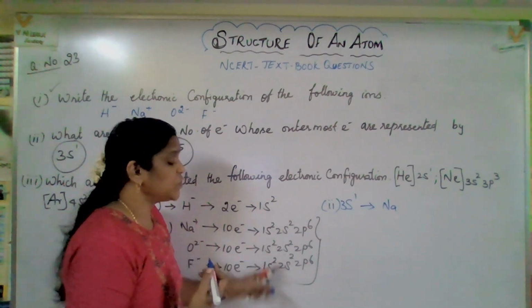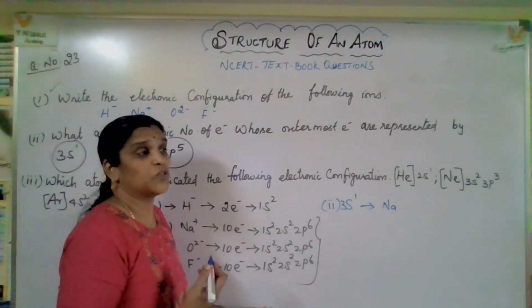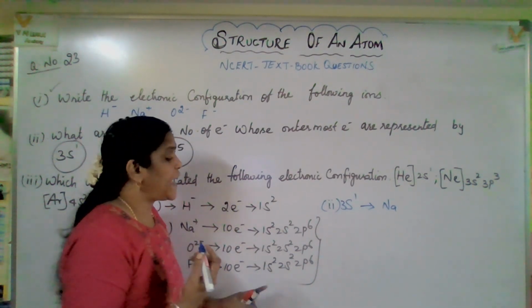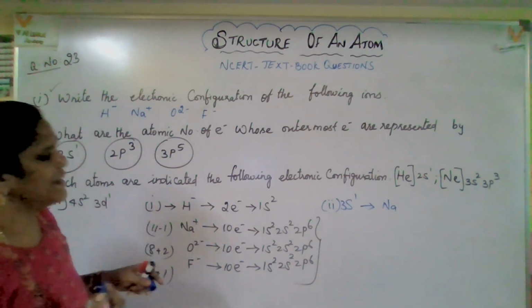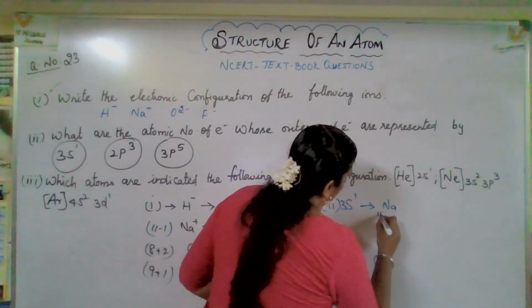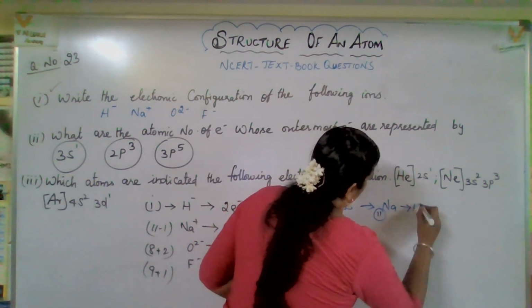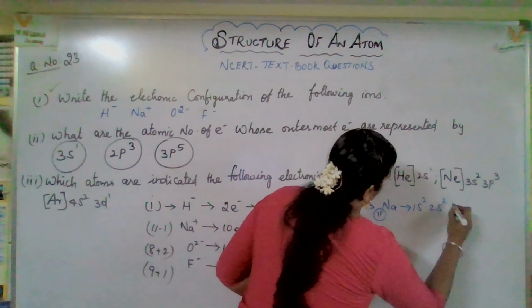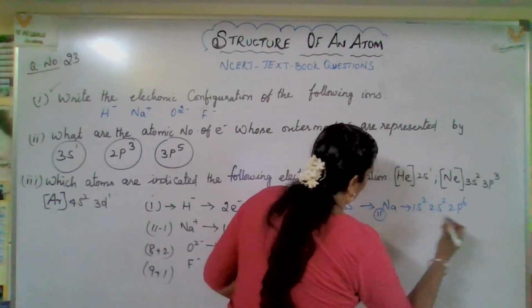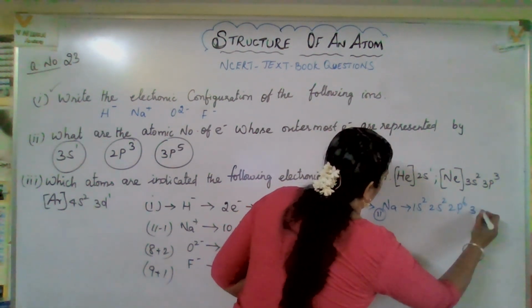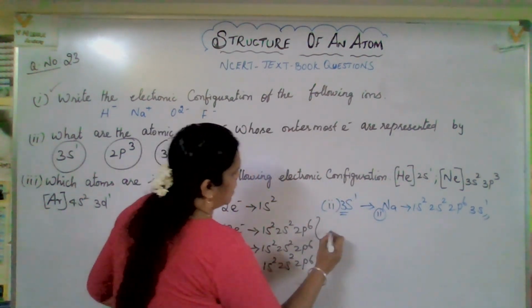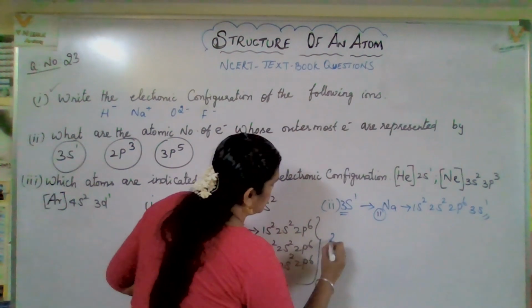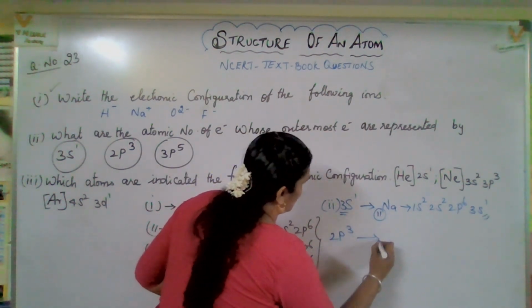As we go through this, no, number of times if we go through and solve number of atoms, no, easily we can identify. This is actually very simple and interesting. Okay, now here 11 electrons are there, no? So that means 1s2, 2s2, 2p6, 10 electrons plus 3s1. So 11 electrons. So 3s1, yes, we got it, no? Now the second one, what it is? 2p3. Here only we got it.